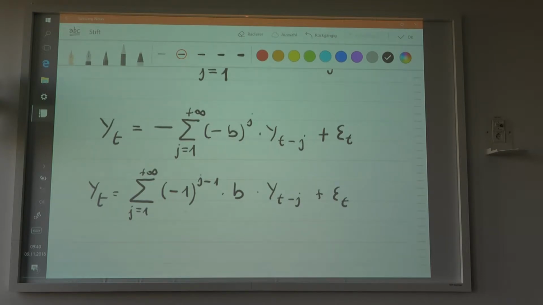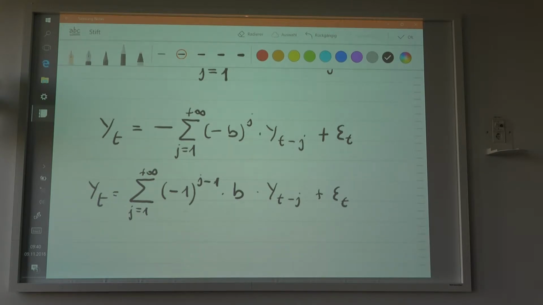Okay? So basically I have negative b to the power of j times -1. So you can take that also to the power of j. This is going to be equal to this, so this is going to simplify. That's how you're going to get the sign of this coefficient here. So if j is odd, then it's going to be positive, and if j is even, then it's going to be negative. That's what I'm using here.